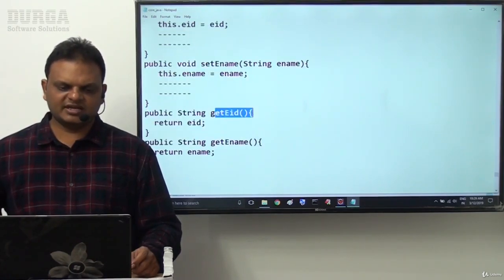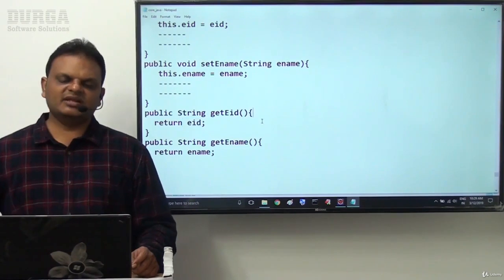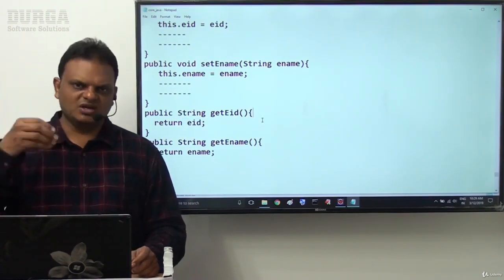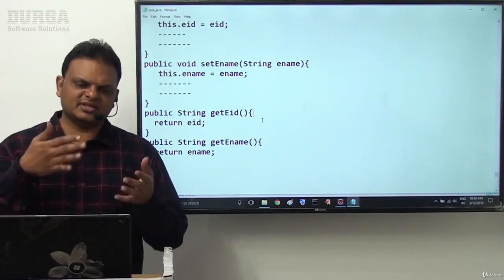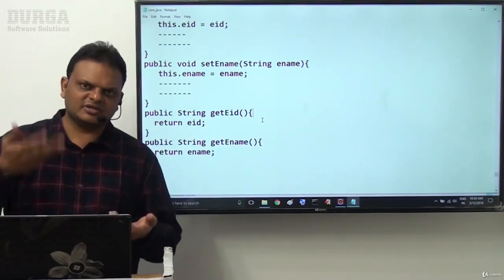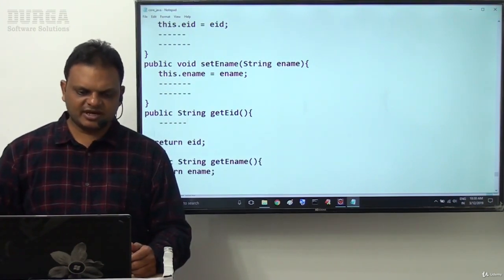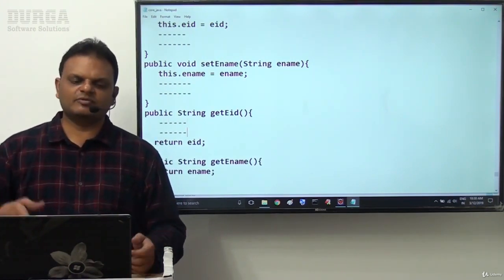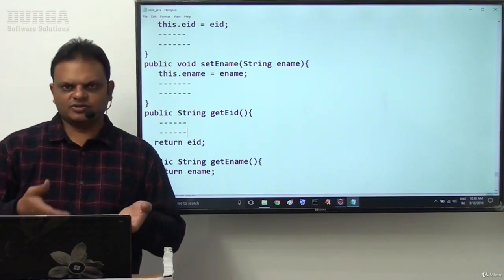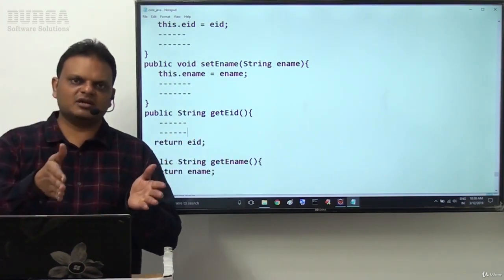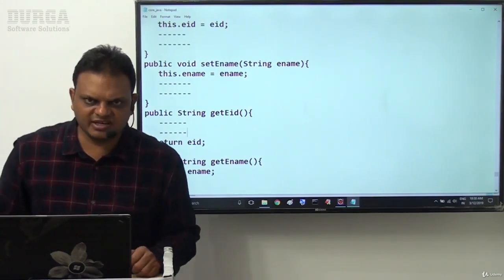That means getEid returns eid, which is already available inside the bean class. We can get the data and use it for any of our requirements inside getEid. We can write some other instructions also, 100 lines of code, and include the same eid data. So here also data is bound with the coding part. Binding of data and coding part is called Encapsulation.